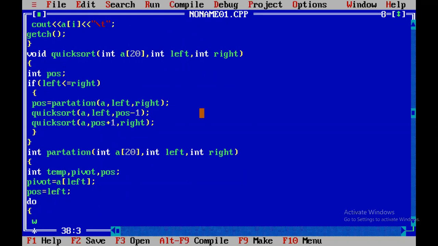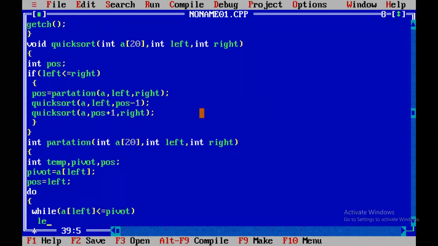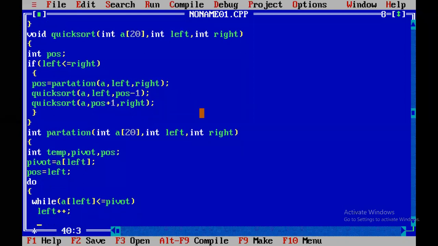That's while A of left is less than or equal to pivot, left plus plus. So the value contained at the left position is less than or equal to pivot, increment the left position by 1. We perform this task continuously until the left position value is less than or equal to right.